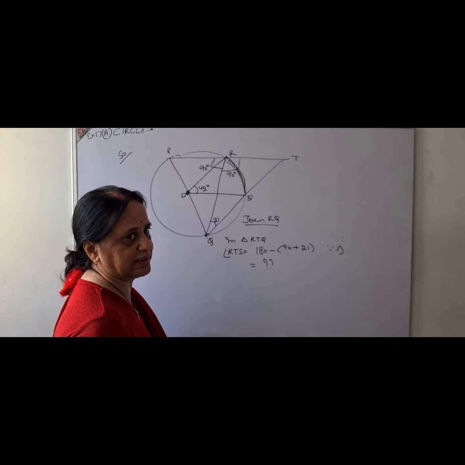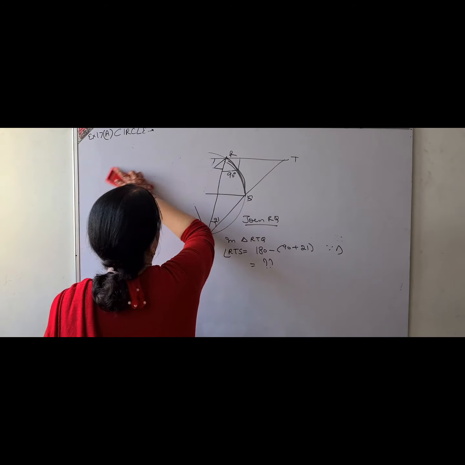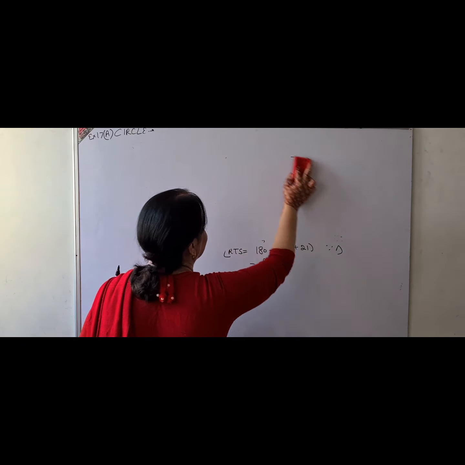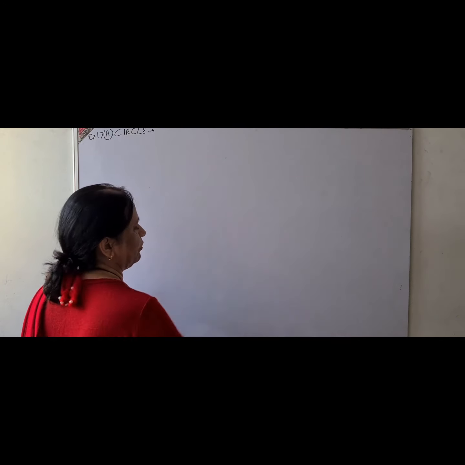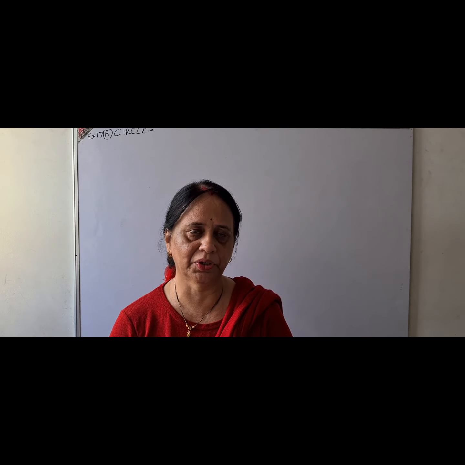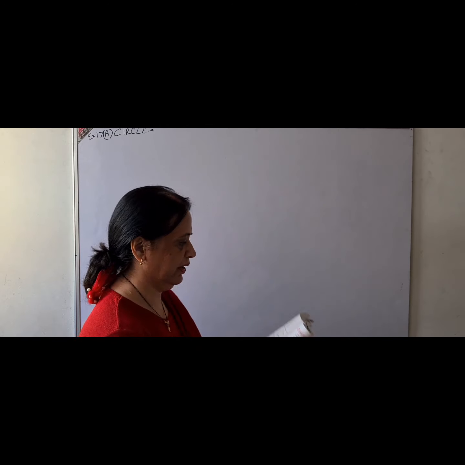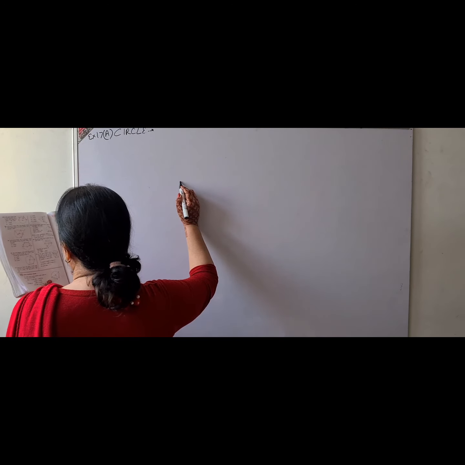So how easy it is. I made you understand. Write the steps nicely, carefully, with all the results which you have used. Mention them, and I have given you the tip that whatever angles you have to find, you put them in a different pen in a different way. Now, two more questions which I will do with you, and then the exercise is clear.